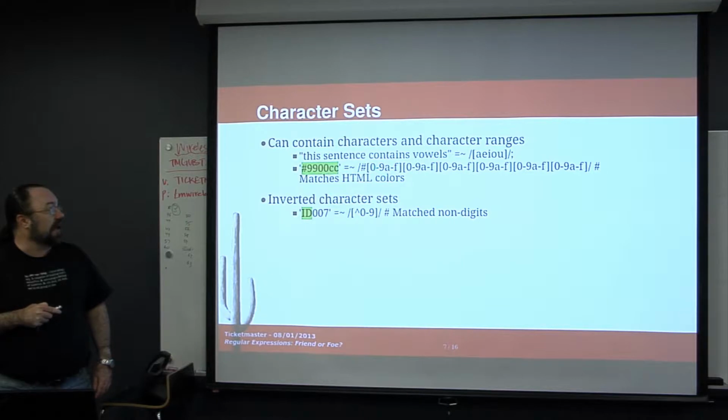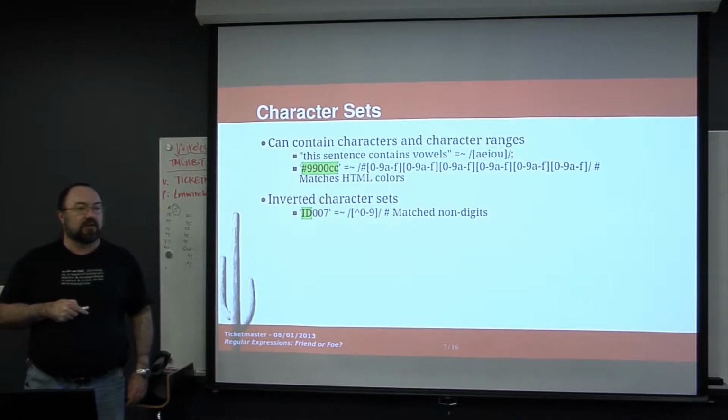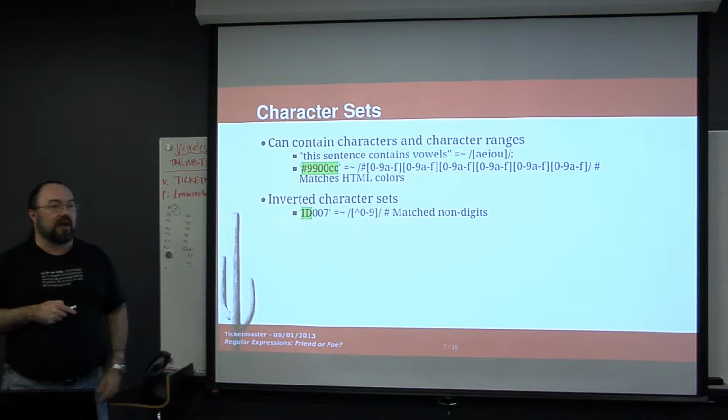This will match any number 0 through 9, any letter A through F. We don't want to go any further than F because that's as far as hex goes, right? You go 0 through F. And then each character set is for each hex digit. So basically we've got 6 here, we've got 6 here. And then this right here is just a Perl comment on the end saying matches HTML color. So far so good. This is actually not a great way to do this. I'm going to show you a much better way to do it later.